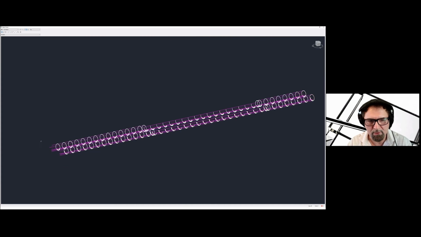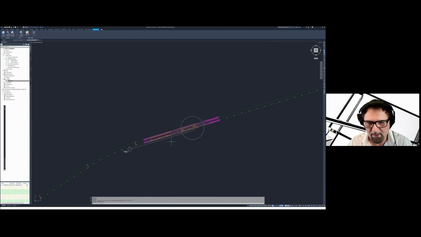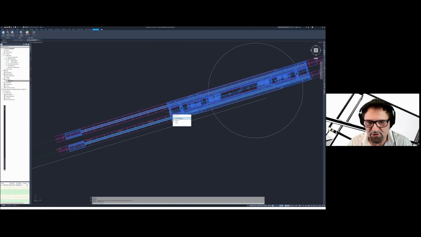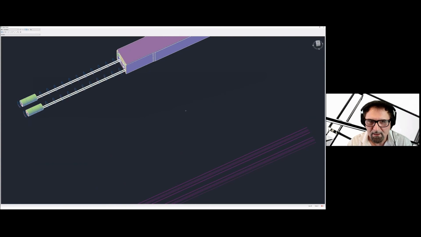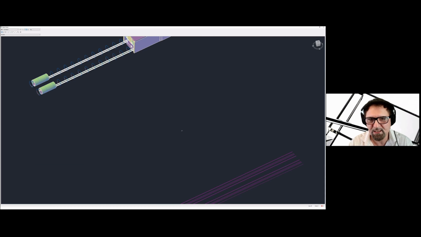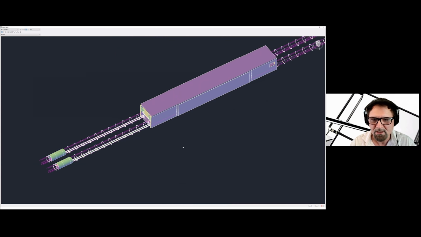In one region, we have a full tunnel cross section. And on the other one, we have a tunnel cross section through the station. I'm going to close this 3D view now, and then we can take a look at a little bit more context. The station from Revit is here presented in 3D, and they're both working together. In this case, the 3D station model was imported from Revit, and the corridor is naturally from Civil 3D.